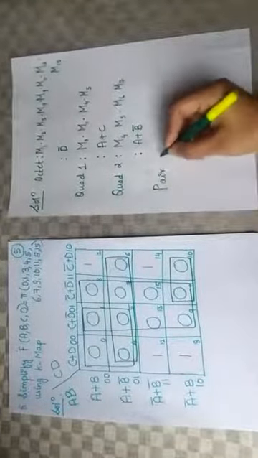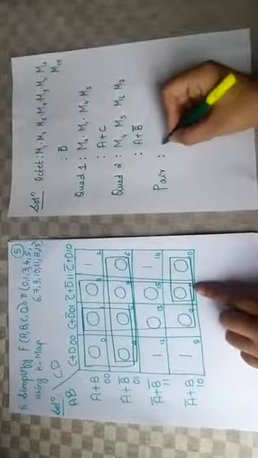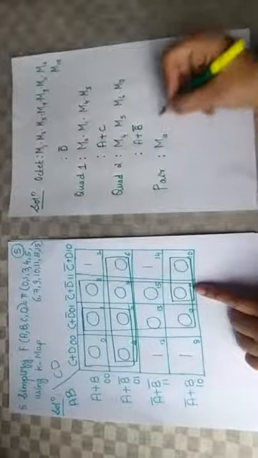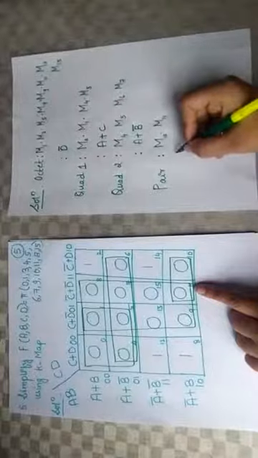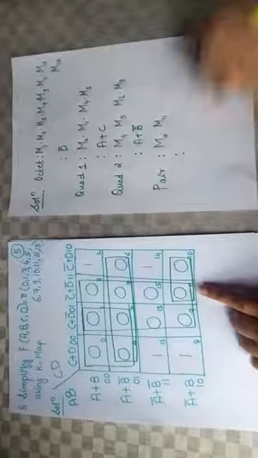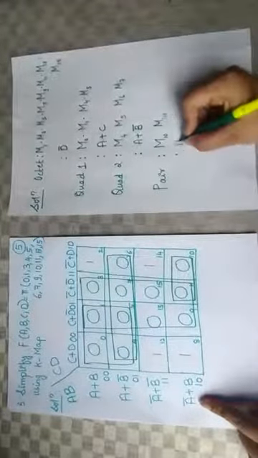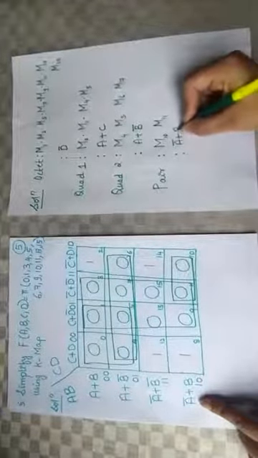Next, should go for pair. Pair are these two. It is M10 and M11. This pair is associated with this row and these 2 columns. Since it is associated with a single row, we can't get a common term. We should write that entire term A complement plus B. And these 2 columns means it is C complement common.